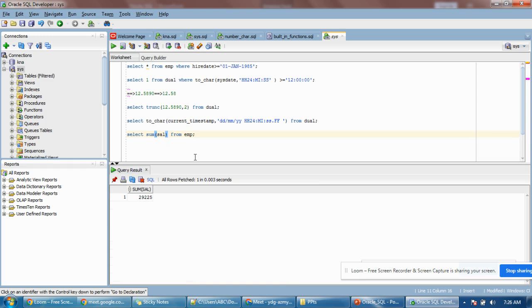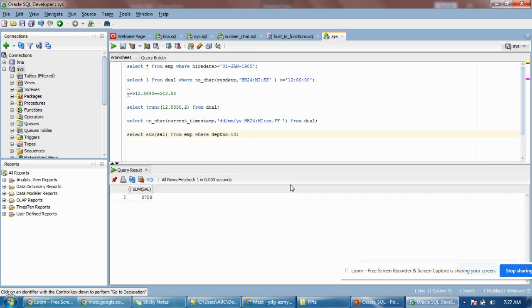Now I want the department-wise sum. How can you get it? Anyway, we have not discussed that yet. As of now we have discussed only a few things. Let me ask in another way. I want the 10th department salary. Just ignore the group by. Tell me how I can get the 10th department total salary, the sum of salary. Where department number equals 10. Now you will get the